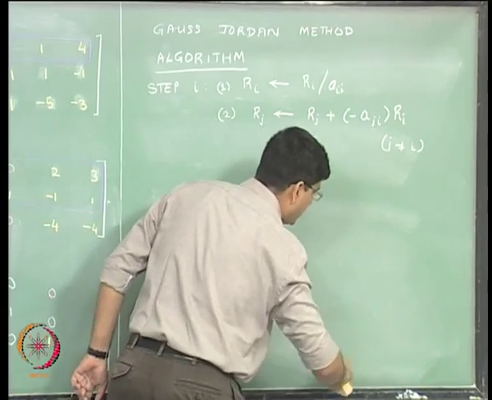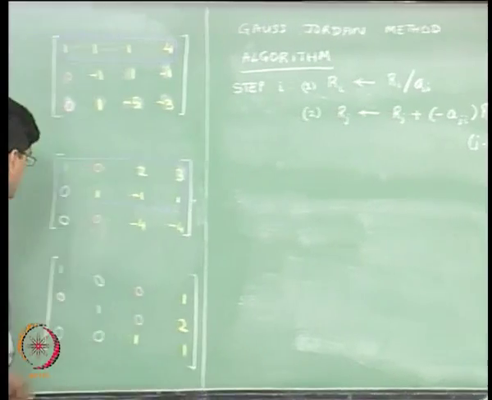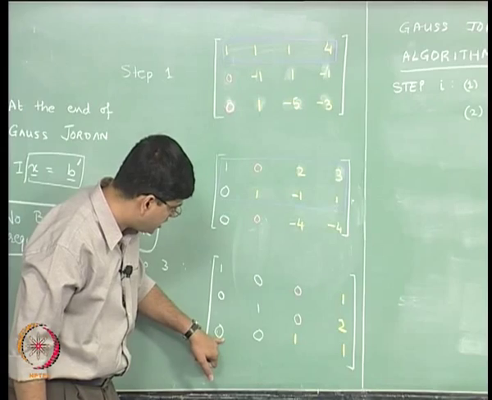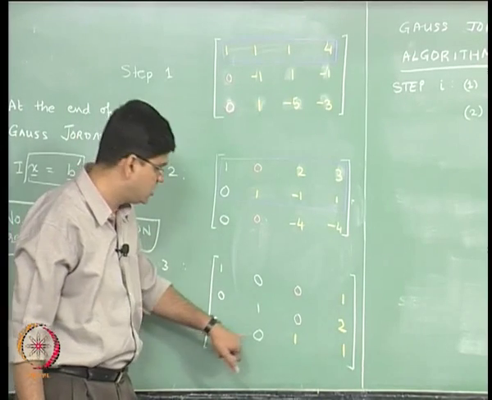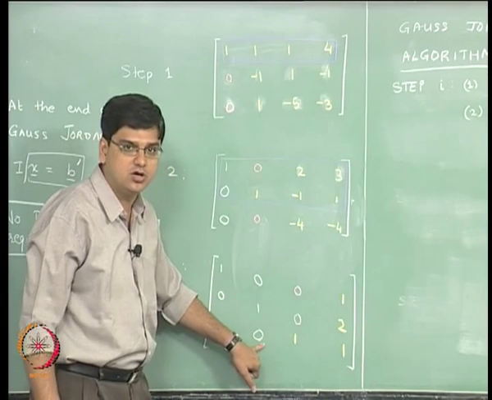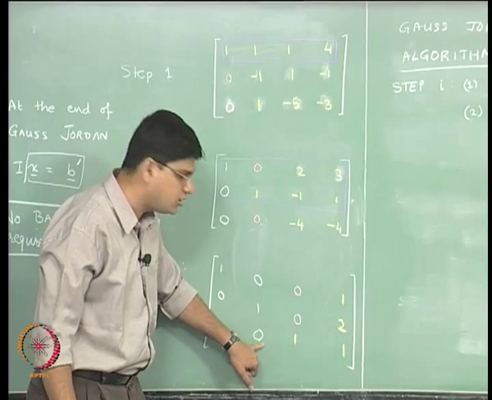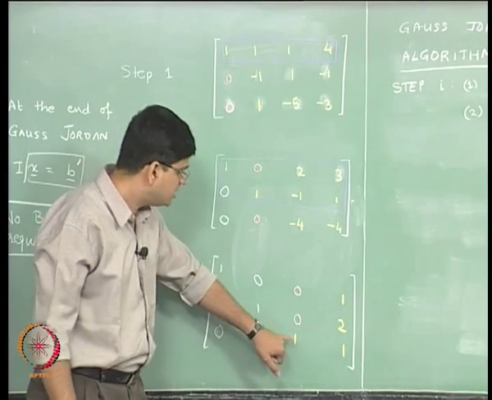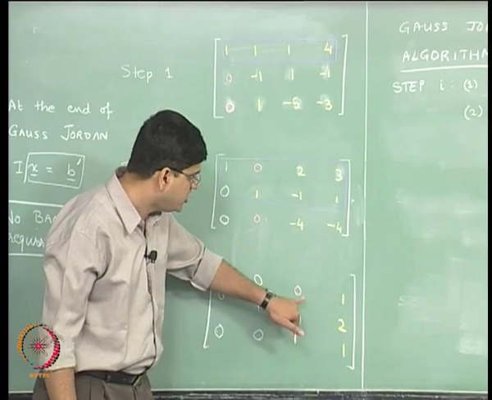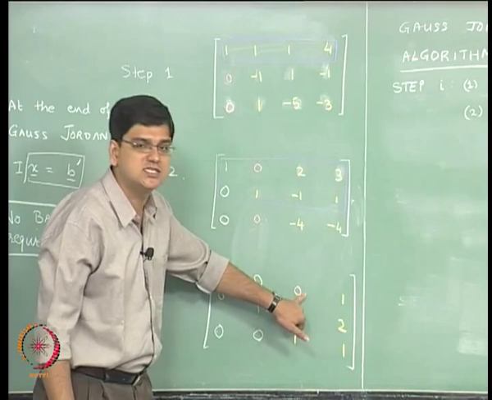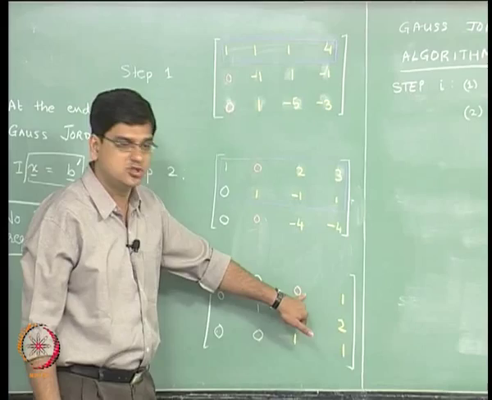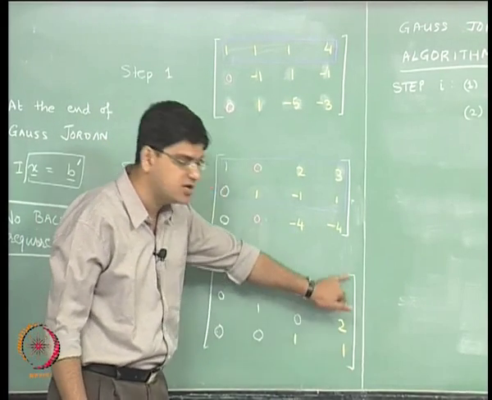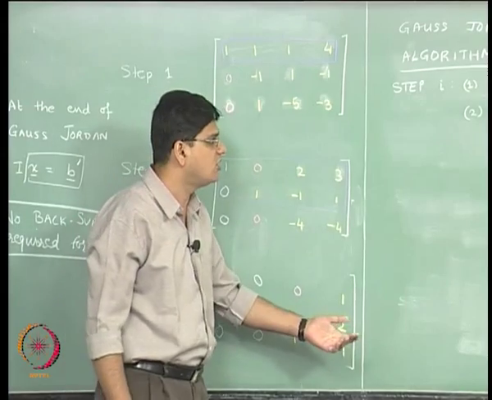And let us look at what we did in the third row operation. In the third row operation, the first element was 0, the second element was 0. As a result, we did not do any computation for the first and second element. The third element, we knew that these two are going to be equal to 0. So, we directly substituted those equal to 0 and only did the computation for the rest of the steps.